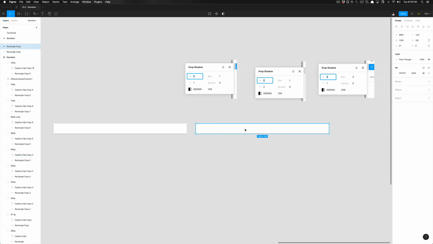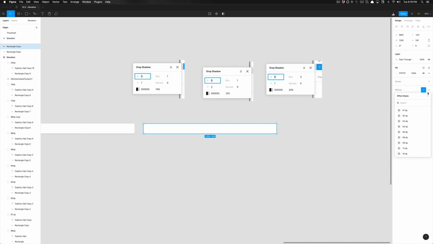So I'm going to go ahead and click on effects. I'm going to click the create effect style icon. By default, it selects drop shadow, and it'll give you some default values. So I'm going to go ahead and create this one here. I'm going to change the blur to 1, and I'm going to set the y-axis value to 1 here,